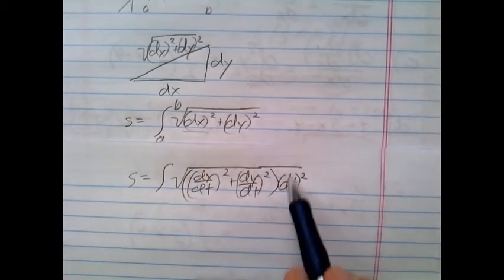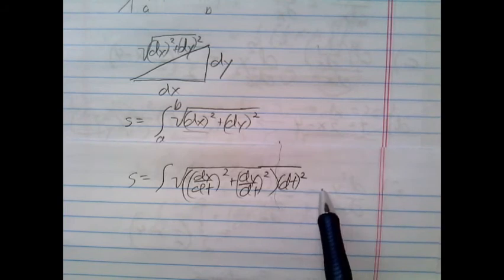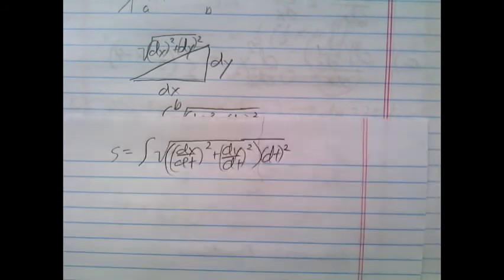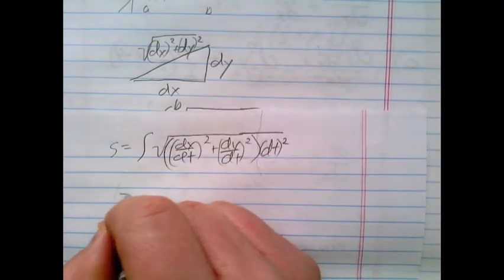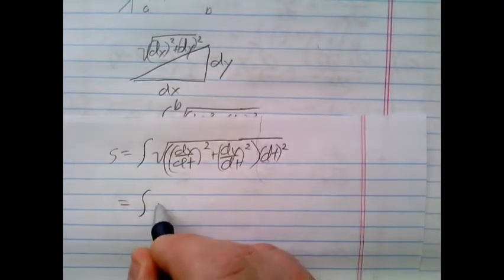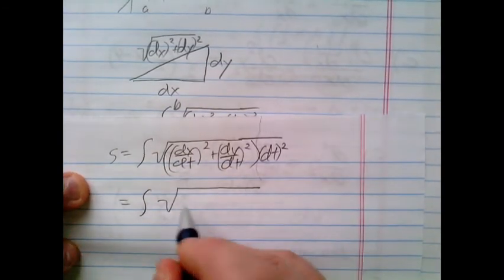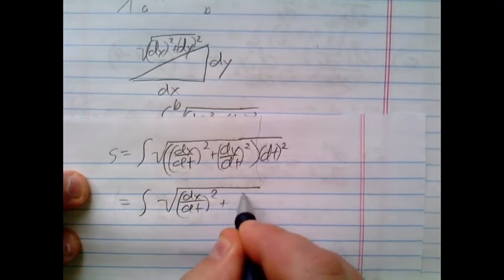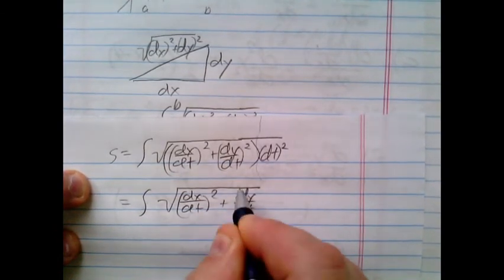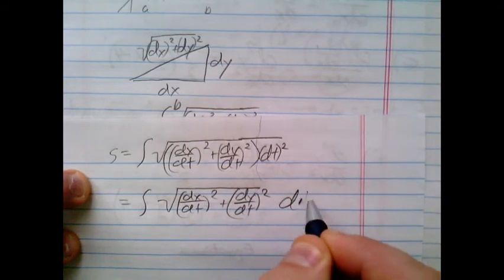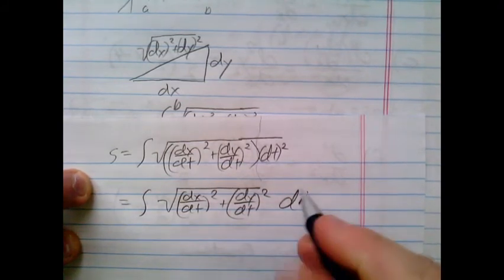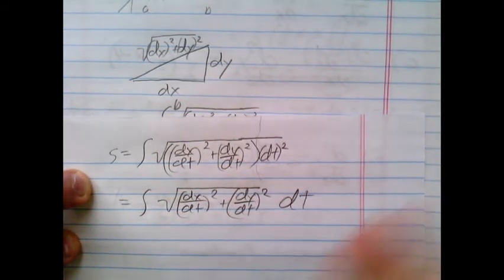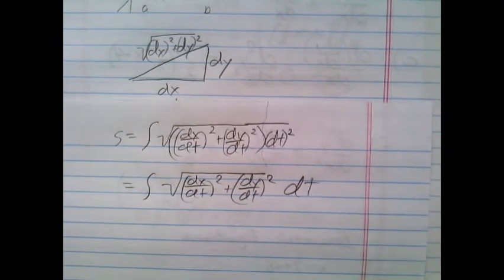But I don't want to do that. I want to split that square root and get that dt outside. Now this is something I can work with if I have parametric equations,